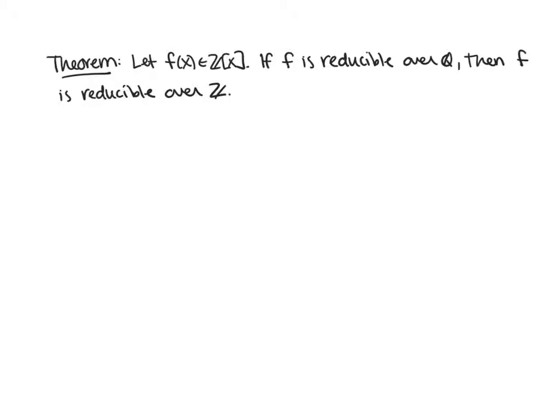Let me just show you an example of what I mean by this. So say we have a function 10x squared minus 7x plus 1. And let's say I'm factoring it over the rational numbers. One way to factor it is 5x minus 5 halves times 2x minus 2/5. All right, but let's say I don't want to factor it over the rational numbers. I want to factor it over the integers. This theorem tells us I should be able to do that. If I can factor it over the rationals, I should be able to find a factorization that works over the integers. So the way to do that